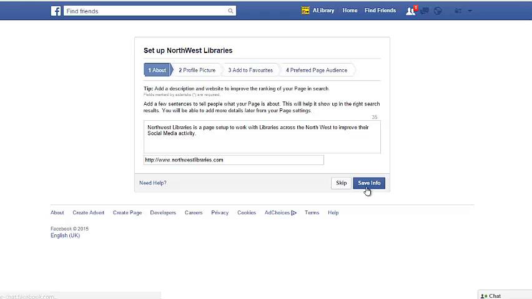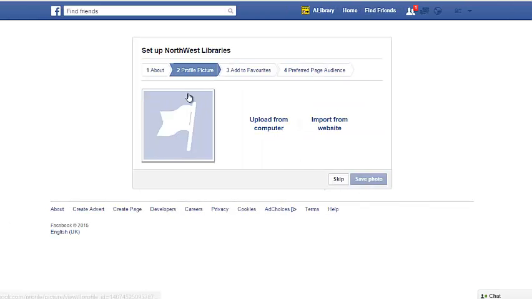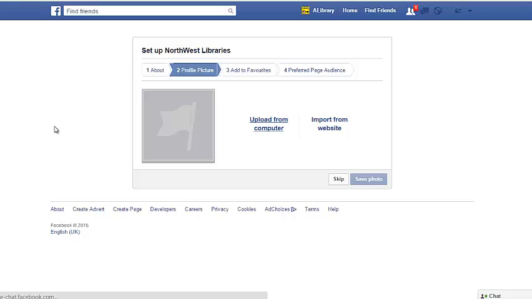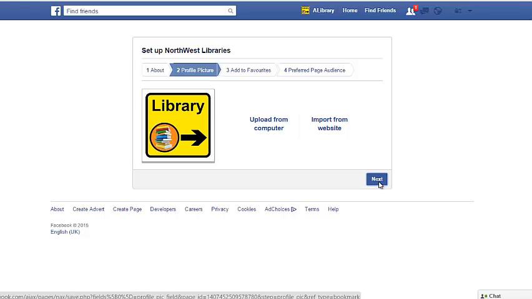And we click Save. Now as it moves on to the next page, it will then ask us for an image for our page, and this can either be uploaded straight from the computer or you can bring it from a website. So if you've already got a website with good pictures on, perhaps you can pull it in from there. However, uploading from a computer is normally an easier and quicker way to do it. So if we click Upload, we pick a logo, and we'll see it will add this straight away. And by clicking Next,